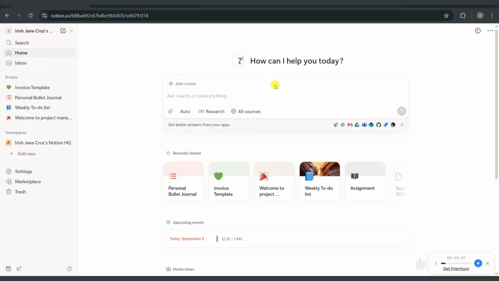In this video, I'll show you how to create a template on Notion. So to get started, go ahead and open notion.com in your preferred browser and then sign into your Notion account. Creating a template in Notion is a brilliant way to streamline your workflow, whether you're managing projects, journaling, or building